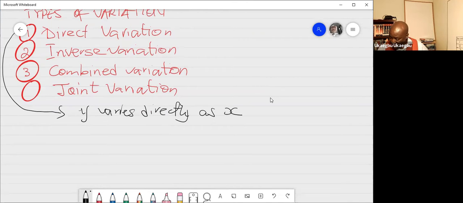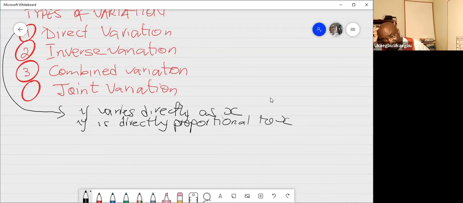You can say that y is directly proportional to x. It's the same statement. It means exactly the same thing. So you can say y varies directly as x, or y is directly proportional to x. Okay? So now let's represent it